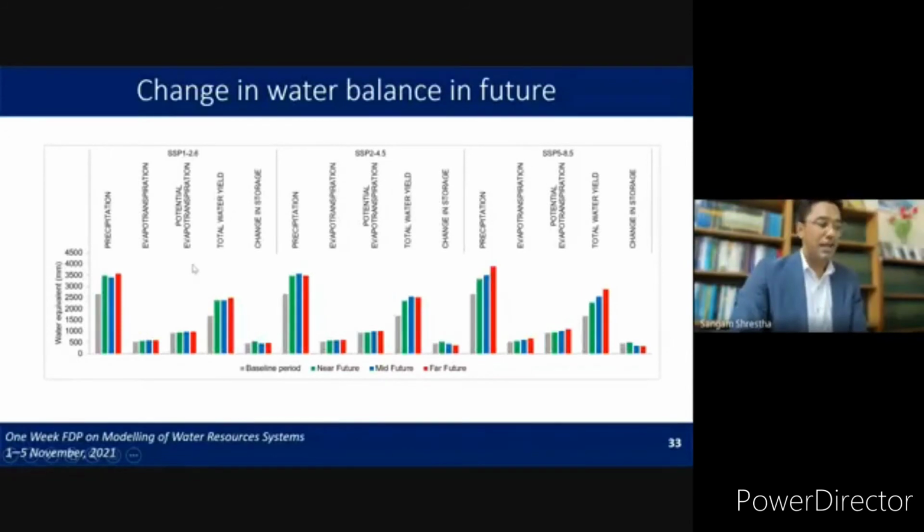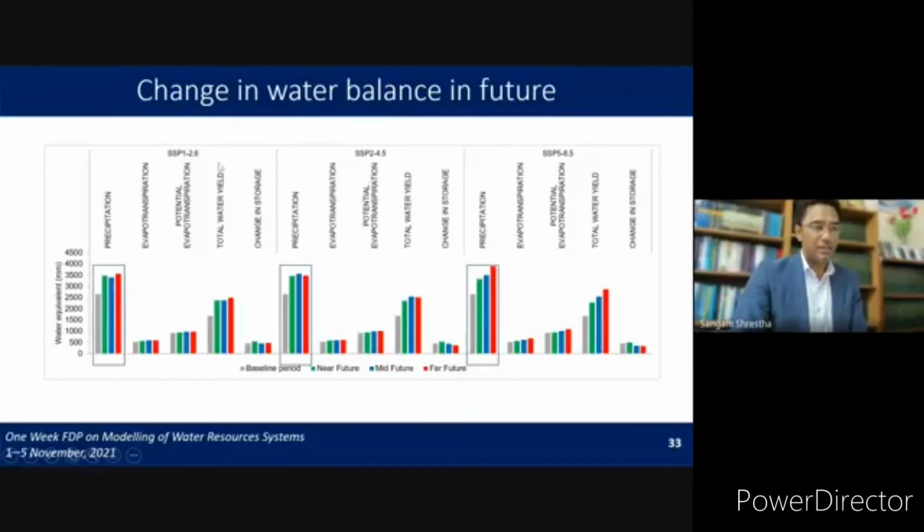These different colored bars are the baseline period, which is the gray color, the green color is the near future, the blue is the mid future, and the red is the far future, right? So you can see that the precipitation in the future is expected to increase,